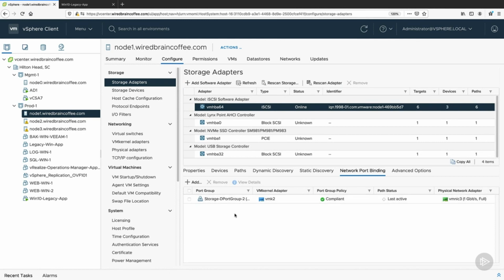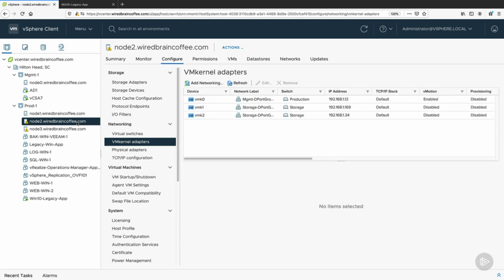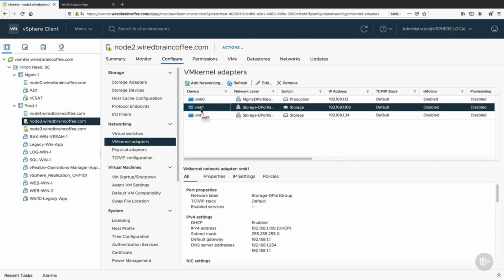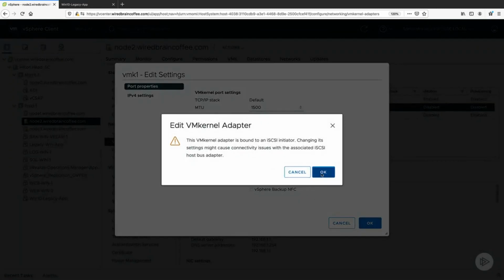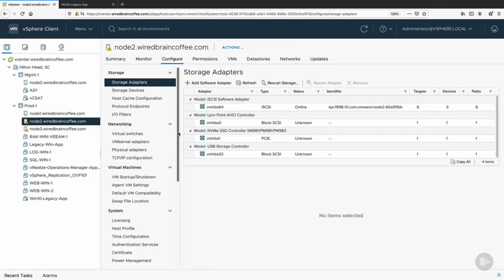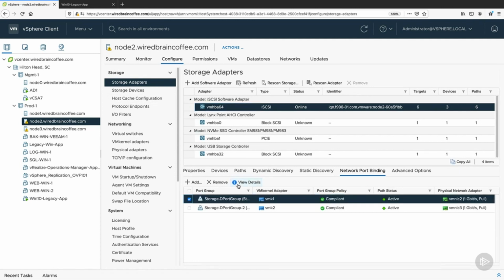So at this point, we made our configuration change on node 1. If we look at our VM kernel adapter, VMK1, you can see that now fault tolerance logging is enabled. So let's go ahead and do the same thing on the other two hosts that make up this cluster. I'm going to add fault tolerance logging here and go to the storage adapter and remove